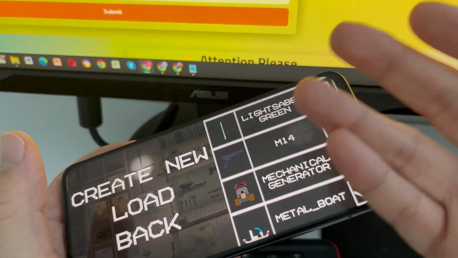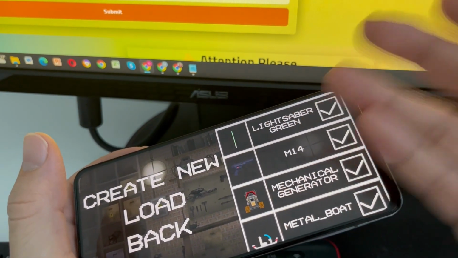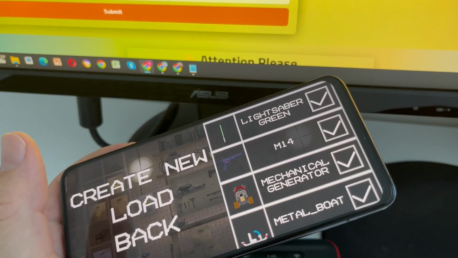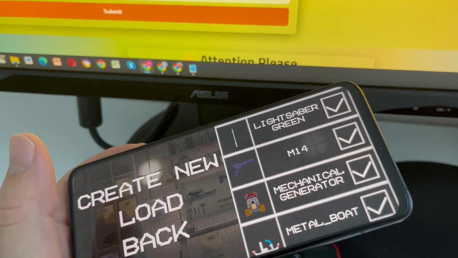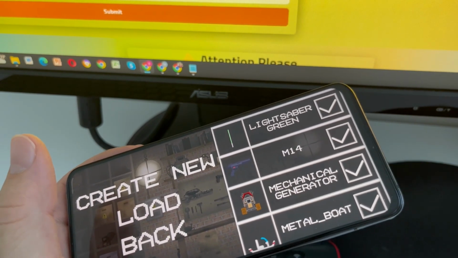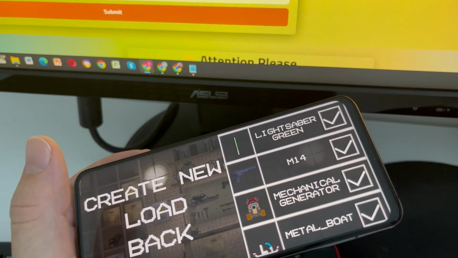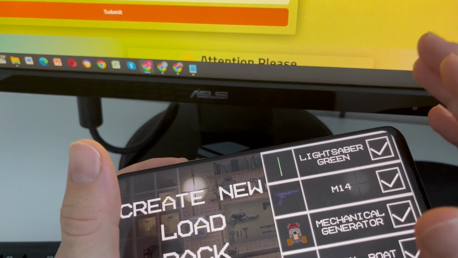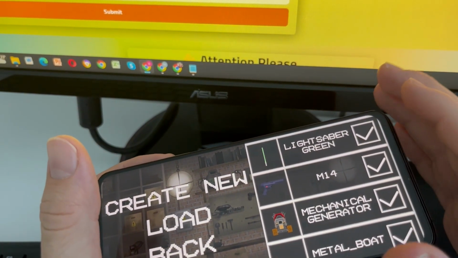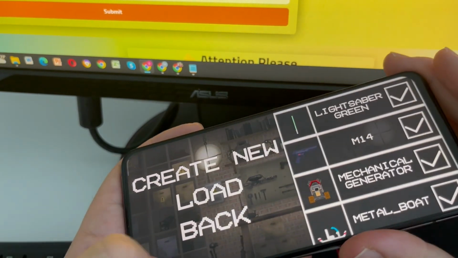This method, guys, is working for both devices, iOS and Android. Right now I'm just showing you the steps with my Xiaomi phone, which is an Android device. The same steps also work for iOS users. I'm recording with my iPhone right now because of the camera quality. I like it more. I already did it on my iPhone too, guys. It works totally fine for both devices. So all you have to do is follow until the end of this tutorial, and I'll show you all the steps you have to do in order to get all the mods,